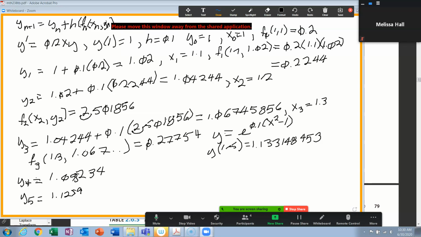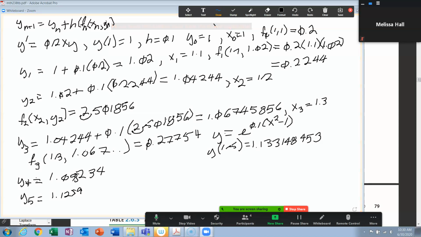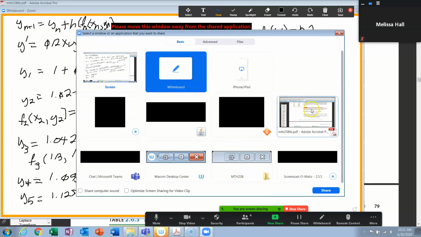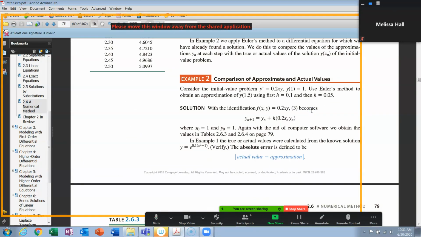Okay, but that's pretty much it, hopefully. Does anyone need to see any of this done any further? The 0.05 or anything else? Do you get the procedure down? Okay, if not, let's go back. I started to do it on my Wacom, can't do it there. Go back here. Okay, let's go back to this. Okay, now scrolling down,